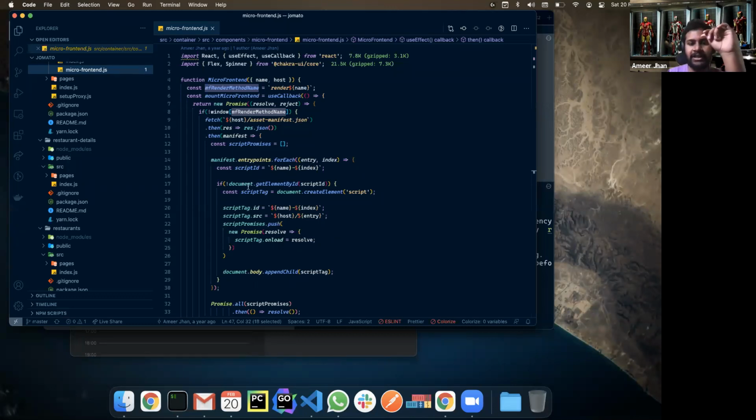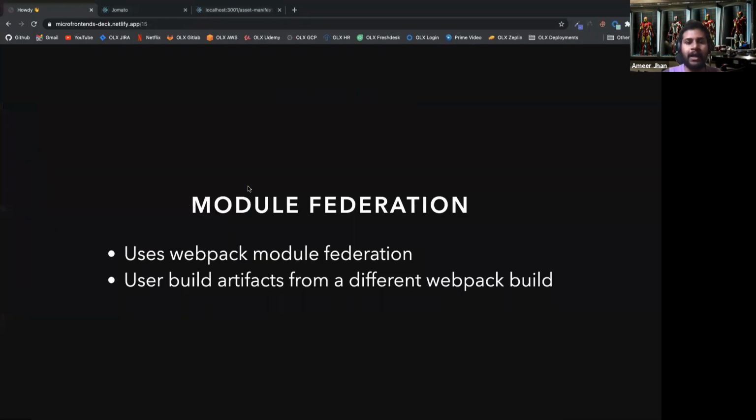We are a little short on time, so I'm going to rush the last strategy. If you guys have any questions, please feel free to leave them in the chat and look into it. The last strategy, kind of a new thing to the pack, is module federation. Module federation is kind of reinventing the microfrontend itself.